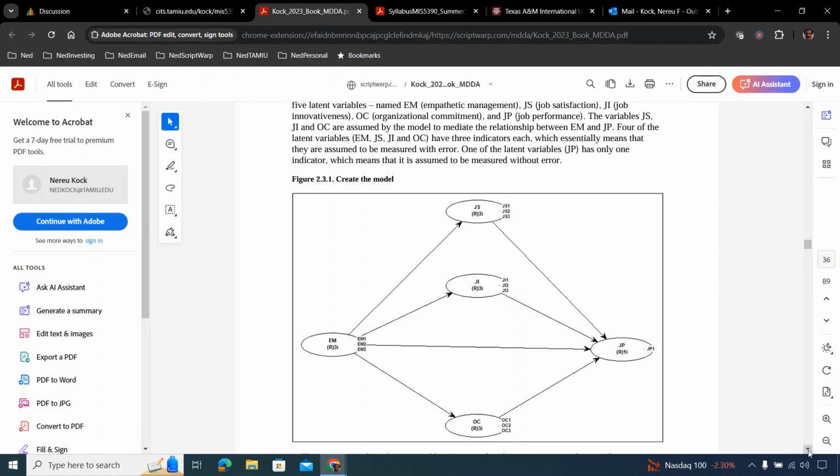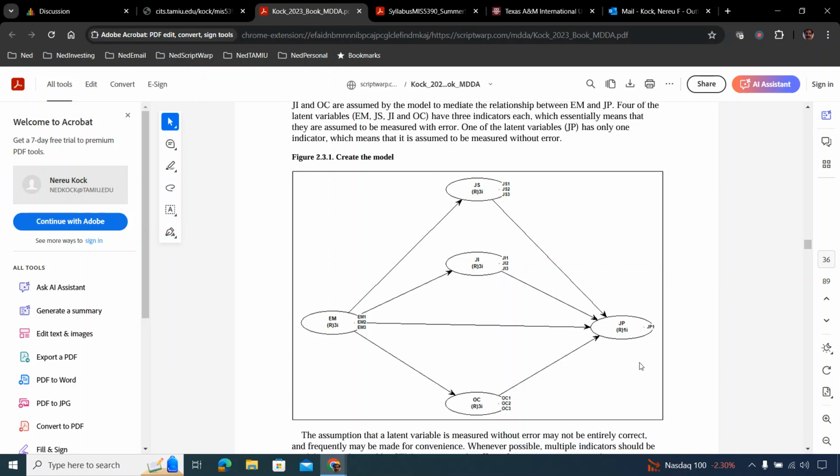As I said in the previous video, and I will repeat it again, I expect a project where you're going to have 7 latent variables. Now, the latent variables can be measured through a single indicator. In this case here, we have some variables that are measured through multiple indicators. But I need to have 7. So 7 measured through multiple indicators, or a single indicator, or a combination of them. But the model itself will have 7 ovals. That's what I'm looking for in terms of model complexity.